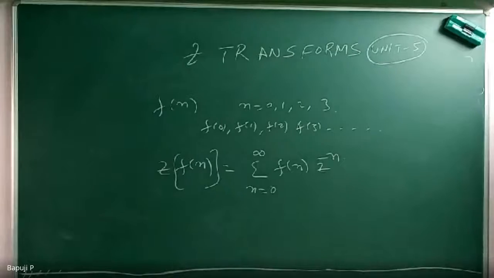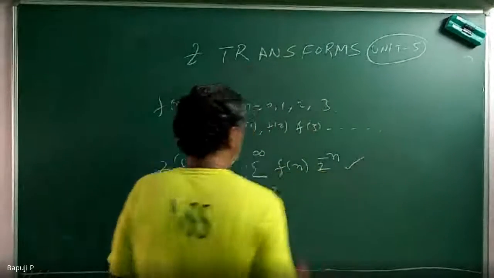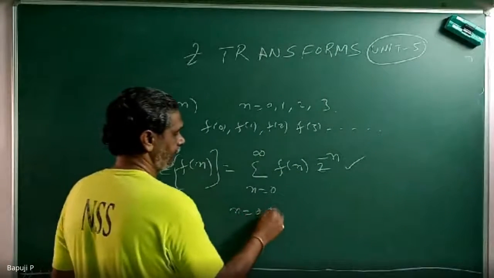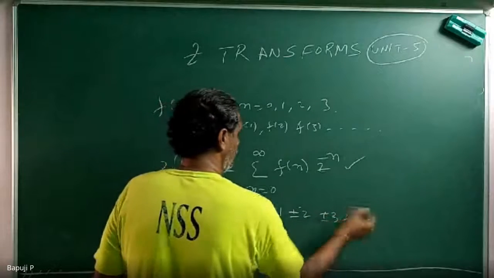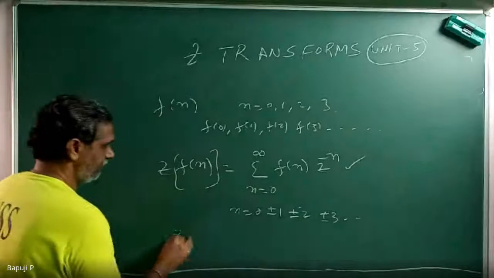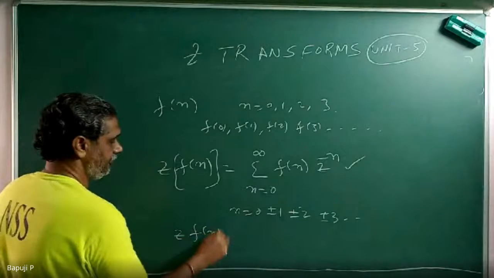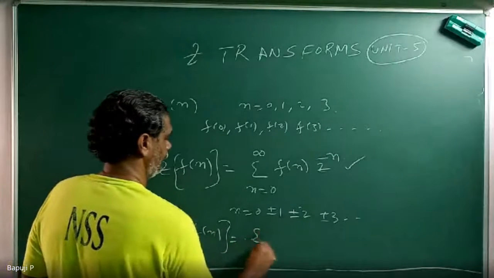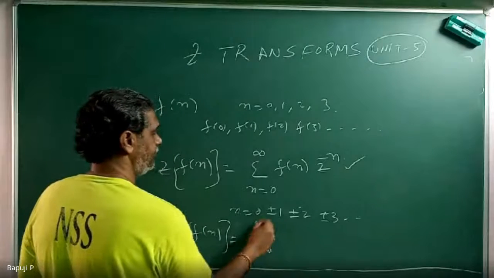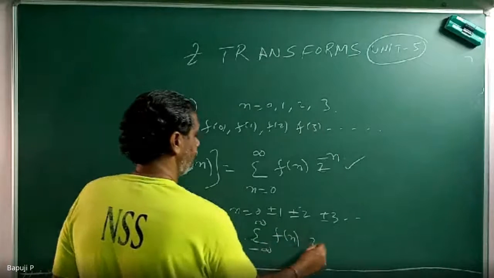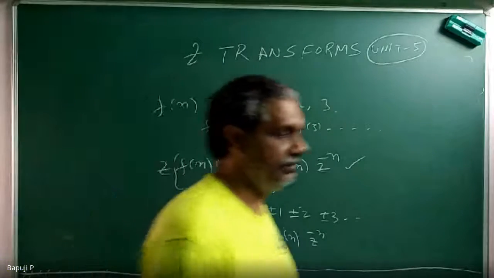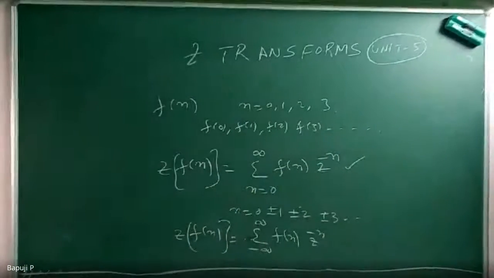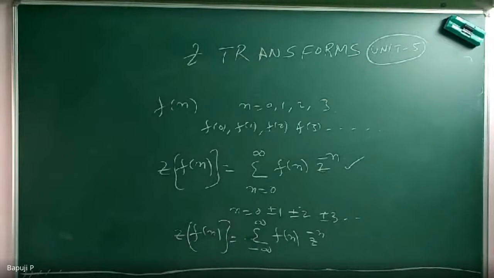Suppose I take n from this only, which is important. Sometimes they may take plus r minus 1, plus r minus 2, and so on. Both sides you will take. Then we get Z of f of n running from minus infinity to plus infinity of f of n. This is called two-sided. Two-sided is not required for you, one-sided only. Just keep in mind that it is also there, but we cannot use it. Just copy it down fast.